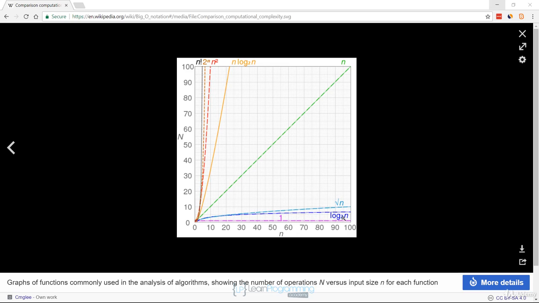The next best thing is logarithmic, and notice that it's log to the base 2. And we're going to see some algorithms that have this time complexity. This is in a dark blue, and as we can see, it kind of starts off climbing. So as the number of items increases, the number of steps goes up, but then it levels off. And it's pretty much almost constant time. If you can achieve log to the base 2n time complexity, that's great. We're not going to see any with, I think that's the square root of n, but we are going to